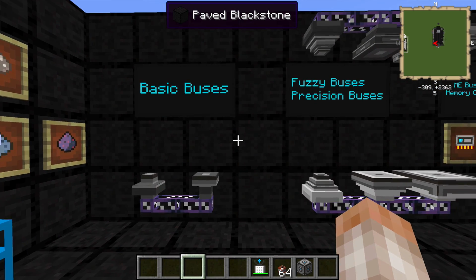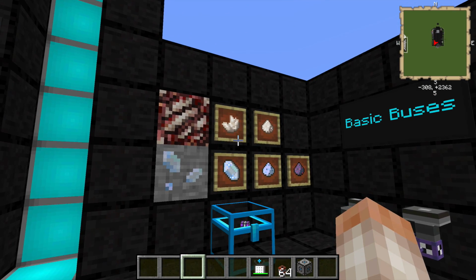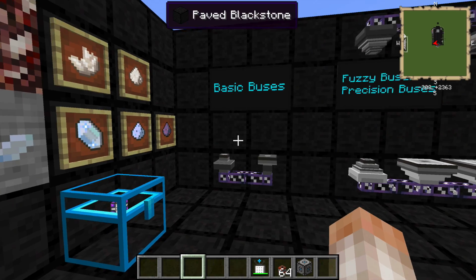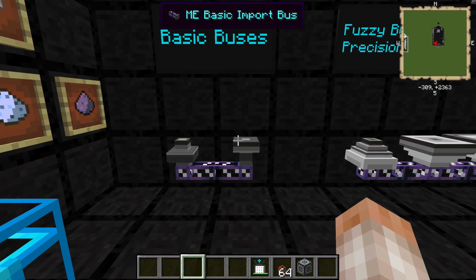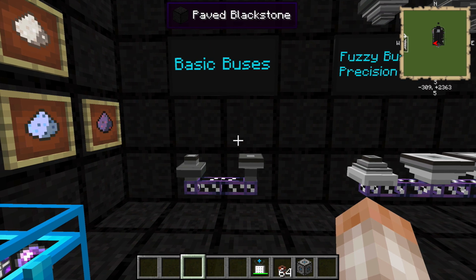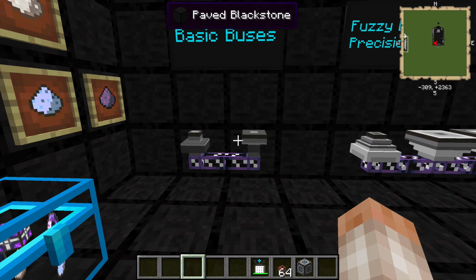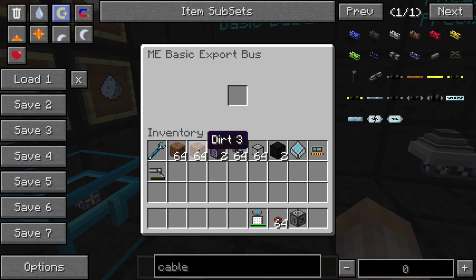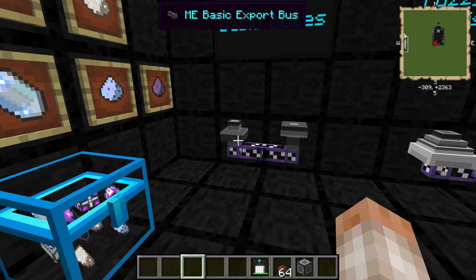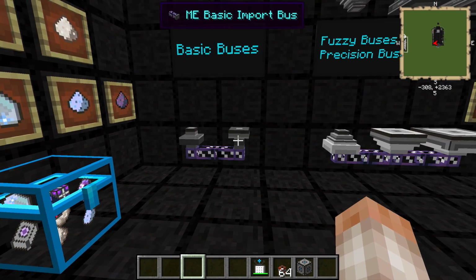Aside from a bunch of recipe changes, including the controller, which will now require nether quartz dust, and this is a huge pain to get and will be your nemesis throughout your endeavors with Applied Energistics, comes the import and export buses. Now this has changed a lot since the first version. We have basic import buses and basic export buses now. And the basic export bus is only going to have one option there. You're only going to be able to put one item. It doesn't allow you to export stacks or configure anything else inside of here, so it's very basic as the name implies. The import bus you cannot even click on, and these will just suck in or push out items